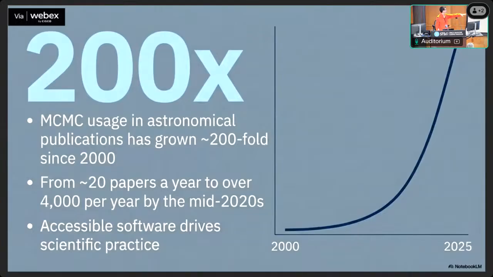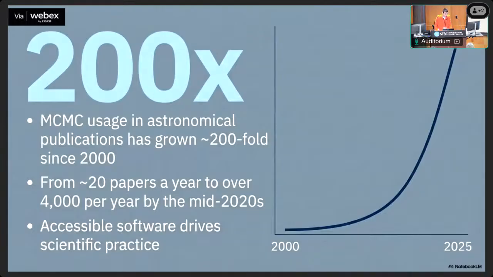But essentially from the early 2000s to now, the amount of publications that use some version of MCMC has grown about 200-fold. This has actually grown in lockstep with the publications that use Bayesian, always some fraction of them usually. And so this is much larger, obviously, than the growth of publications in the field. So people have adopted MCMC as a workhorse of doing inference very quickly, and it's now very popular.